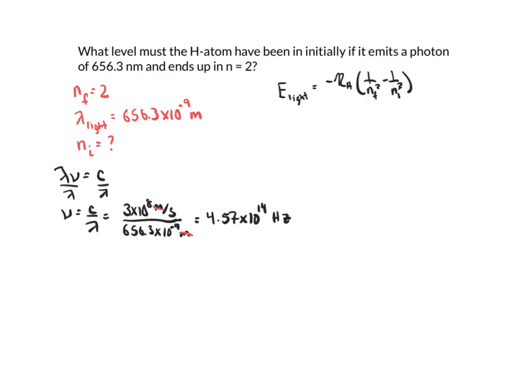So now I have my frequency, and I can use the frequency to find the energy. So the energy is Planck's constant times the frequency. So 6.626 times 10 to the minus 34 joules times seconds times my frequency, 4.57 times 10 to the 14th per second, and that gives me